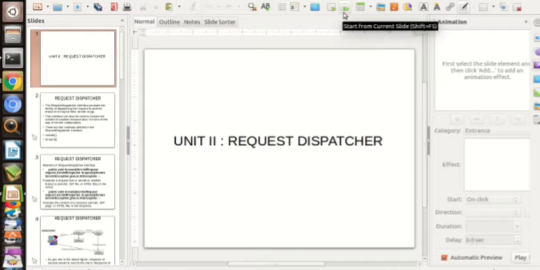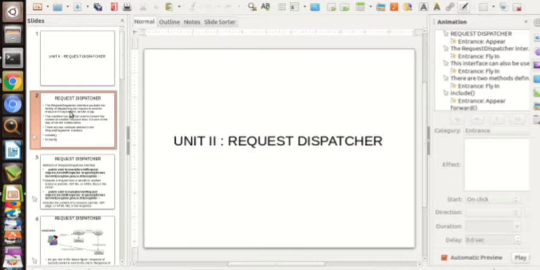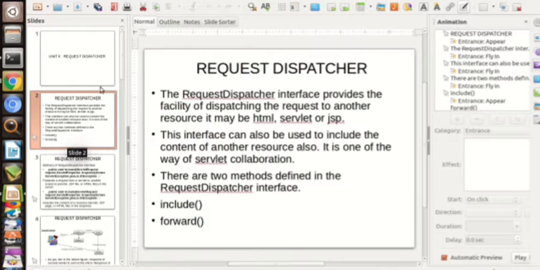So let's revise. We have started request dispatcher in the previous lecture. Request dispatcher is an interface that provides the facility of dispatching a request to another resource, maybe an HTML file, a servlet or a JSP.